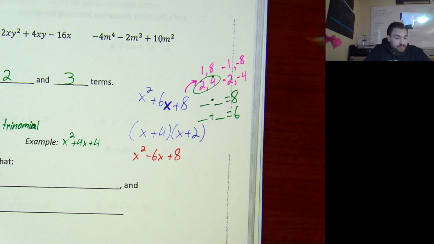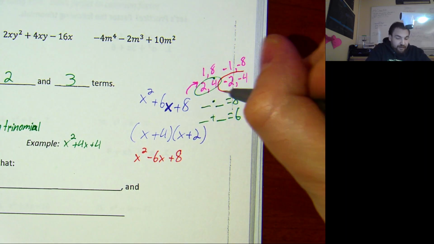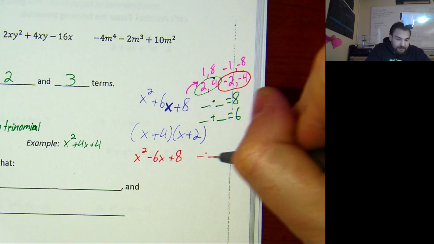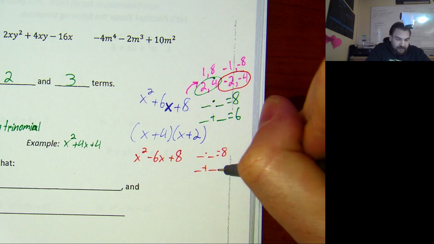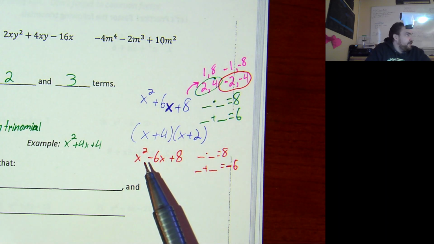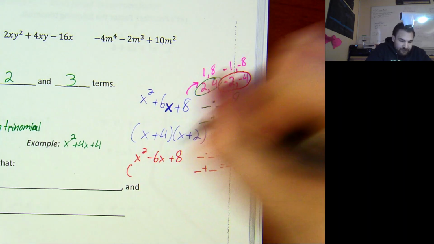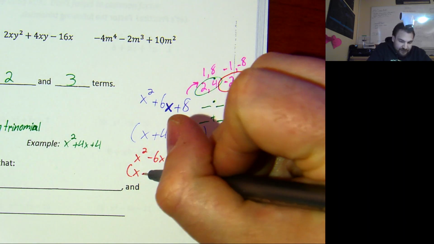Then you'd use the negative pair, because I want them to still multiply to 8, but now we're adding to negative 6, because again, you have to include the sign out in front of the term. So this one would instead be x minus 2,